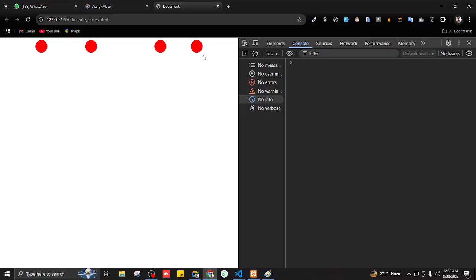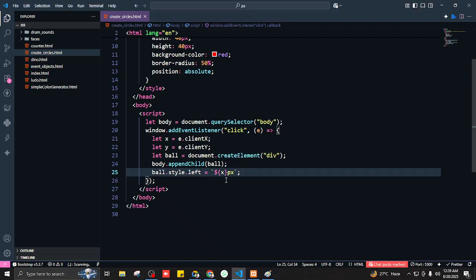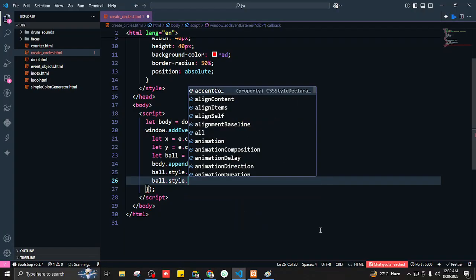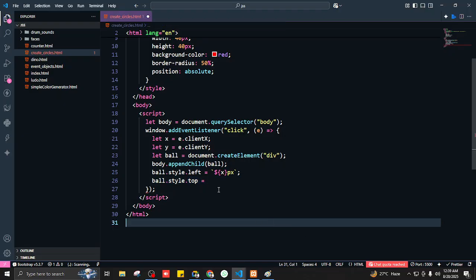Look, wherever I click it, basically the x axis is done. Now let's do the same thing with y as well. How can we do that? ball.style.top, very good, is equals to, then